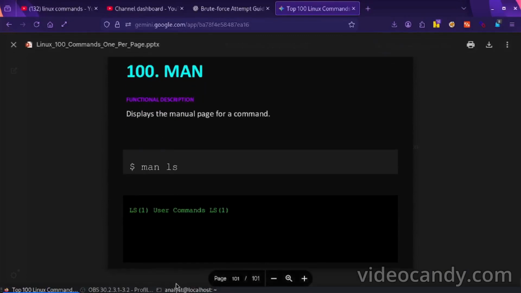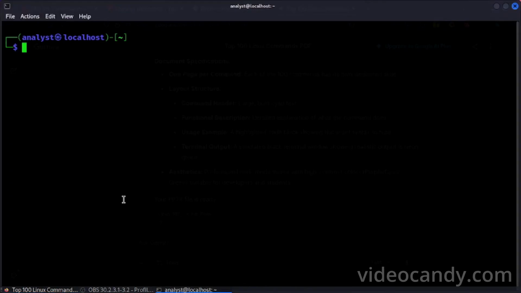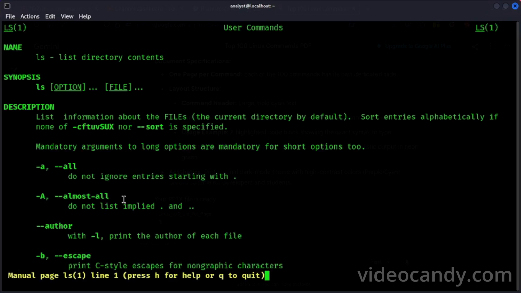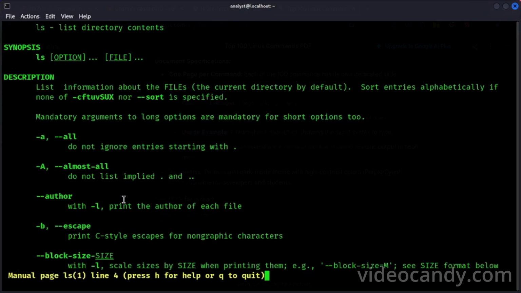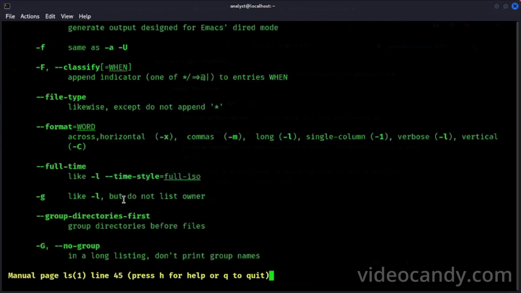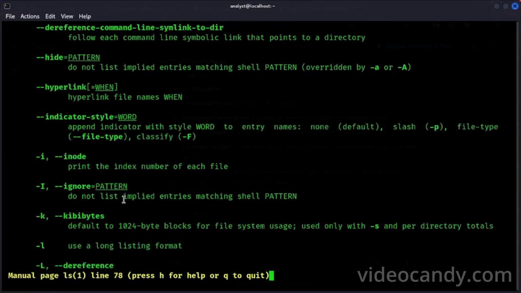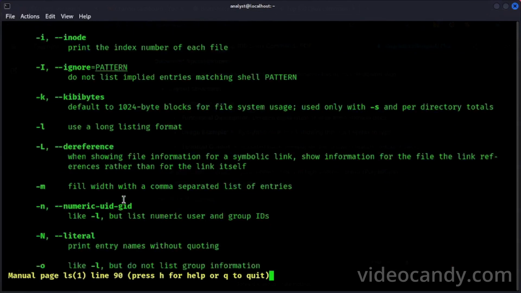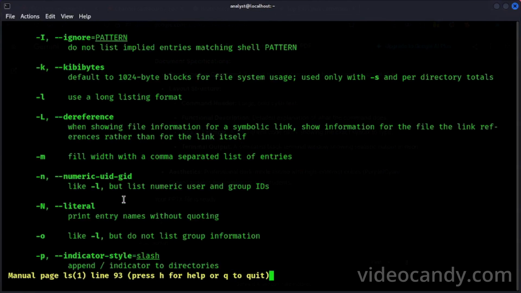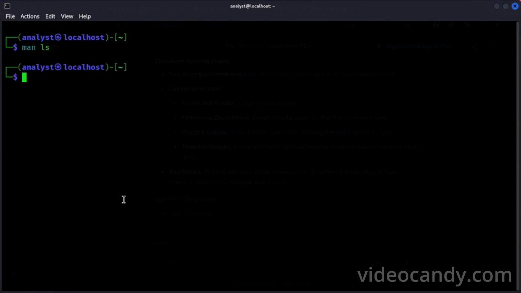And man ls: if you want to know about any command in more detail, you have to run man ls, and you can see all the command's uses and how to use it, and press q to close.